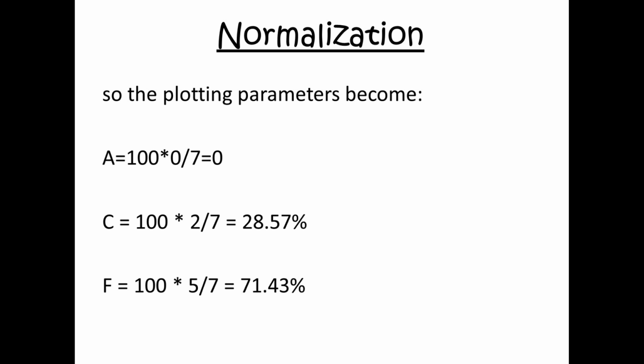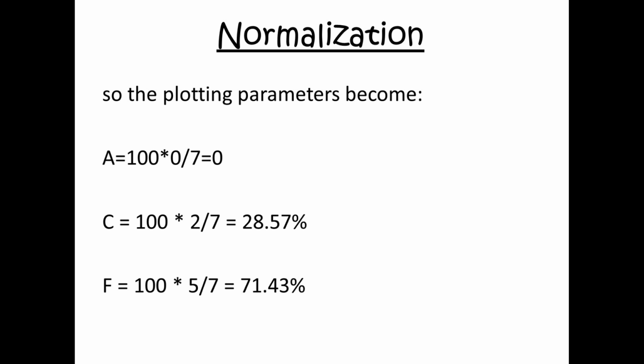Now to get the normalized value of A, we write the value of A divided by the total value, times 100. To calculate the normalized value of A, we must divide the value of A by the total number and multiply the whole thing by 100. For example, we have A equal to 0 here. So 0 by 7 into 100 will be 0.